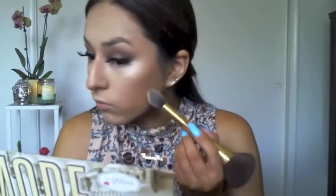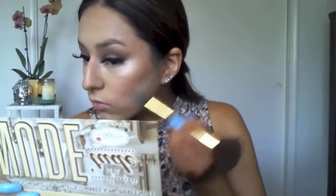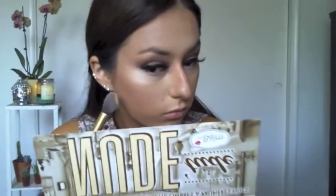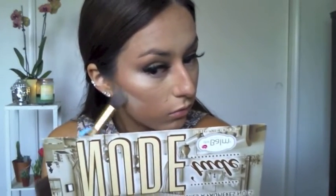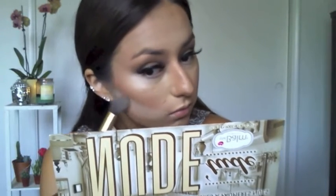I'm going to be going back in with my, actually, wait. I was going to say I was going back in with my CoverGirl, but I'm actually not going back in with CoverGirl. I am going back in with my Morphe C9 palette, the top middle color. It's like a banana shade. I think I mixed the banana shade with the top first color, which is like a white kind of